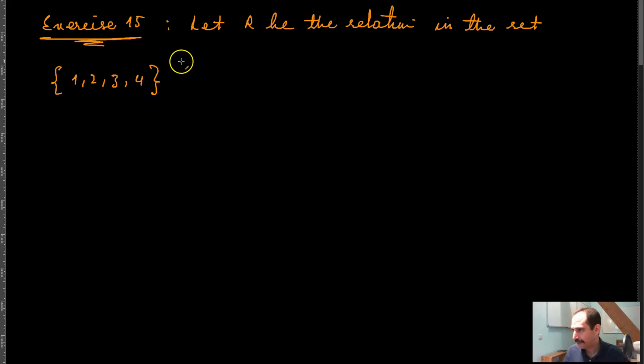Okay, so the next question is question number 15, which is basically exercise 15. The question is, let R be the relation in the set, basically 1, 2, 3, and 4, given by